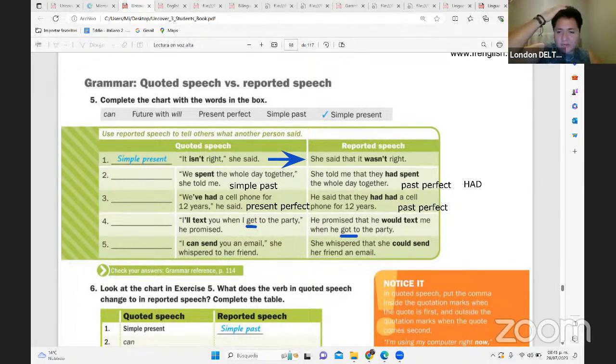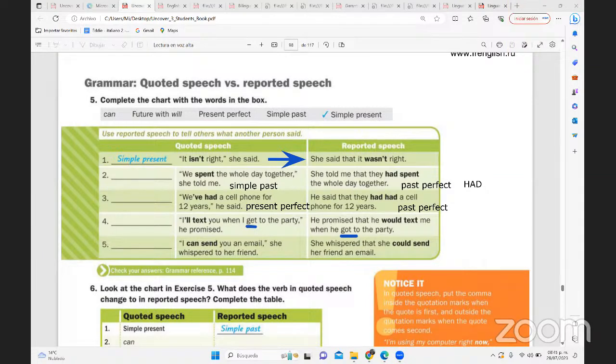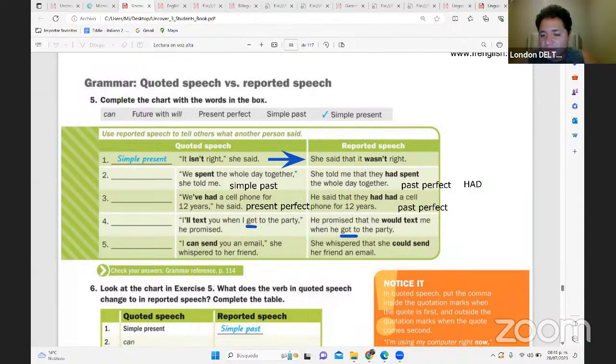Y entonces la oración que tú tienes está ¿en qué tiempo? La original, past simple. Exactly. So you need to change it to, simple past changes to